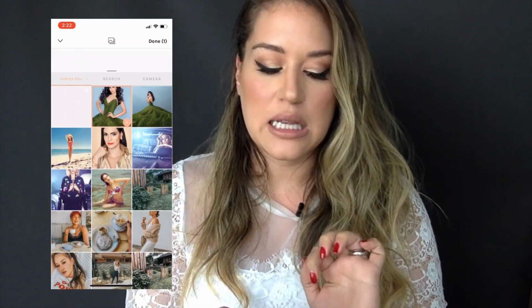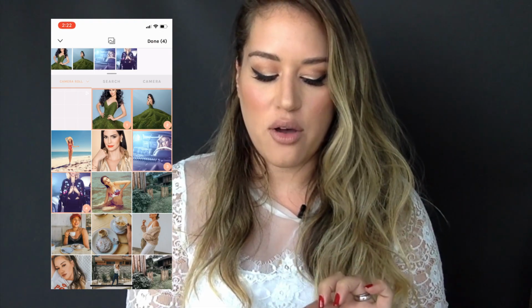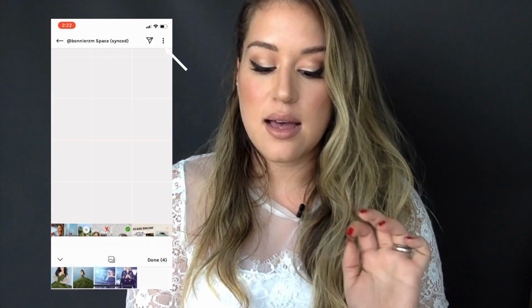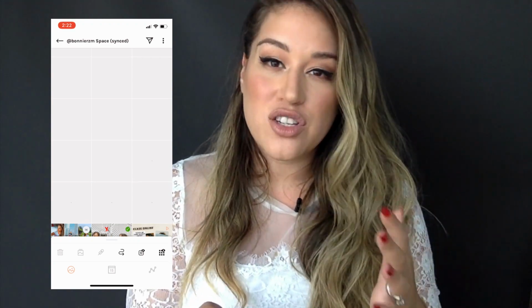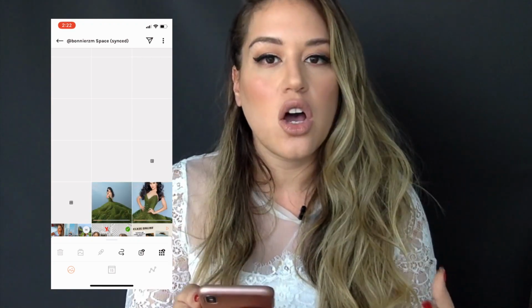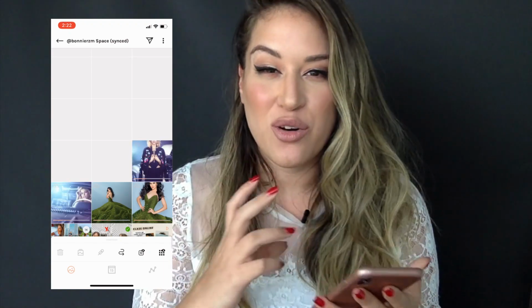The first grid that I'm gonna create is gonna be with my professional photos, so you can have a little bit of an idea of one of the tools that I really wanna show you. You just click on them, you will see it's selected. I'm gonna select 4 of them. Then I click done, and then they're gonna appear in this grid, which is the way that it's gonna look on my Instagram feed. The cool thing about this app is that you can actually move it around.